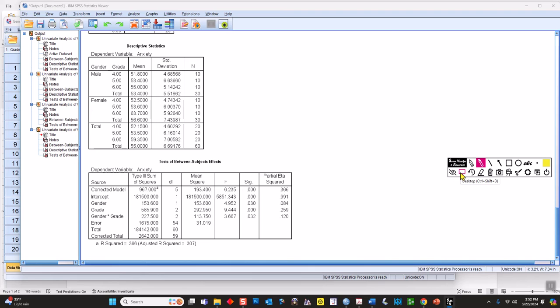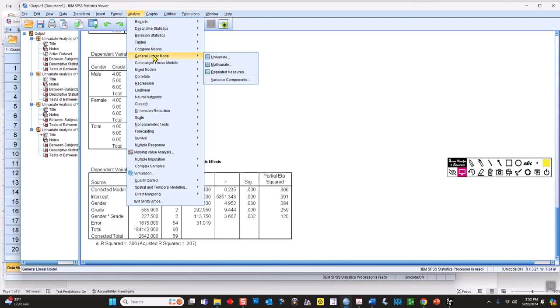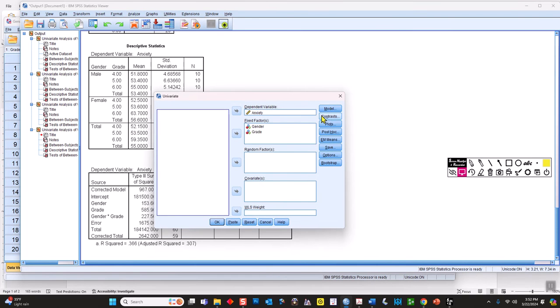What I want to do is I want to create a line chart in order to see what that interaction looks like. I'm not going to do simple effects test in this video. I do that elsewhere, but we do need to take a look at the line graph. So I'm going to go back here one more time to the general linear model, univariate, and you can see that there's an option here for plots. I'm going to click that,